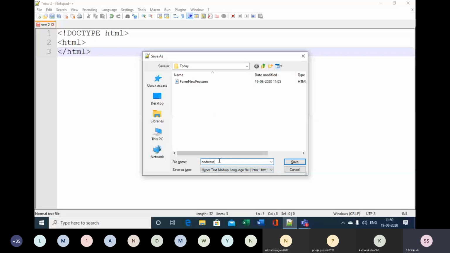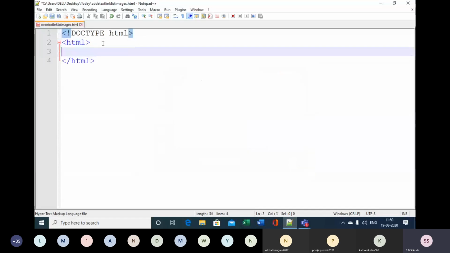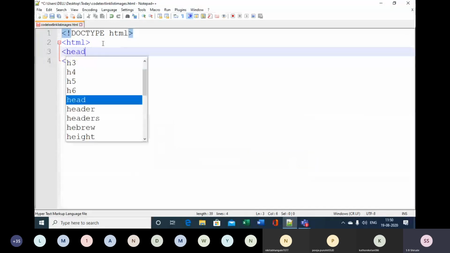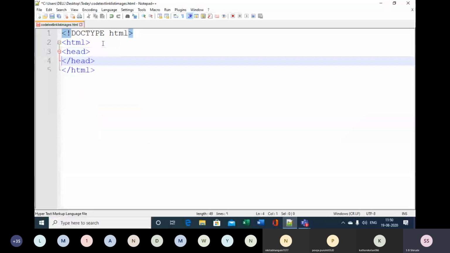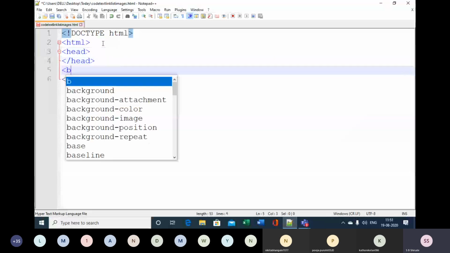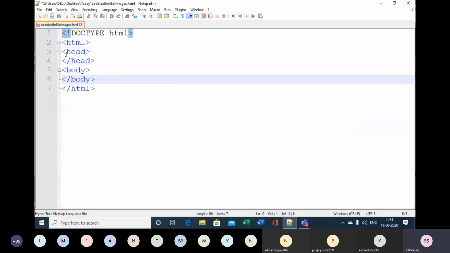So coding text, link, list, and images, a big name I am giving to the file, and then in that create a head section. After that, create a body section and just indent them properly.